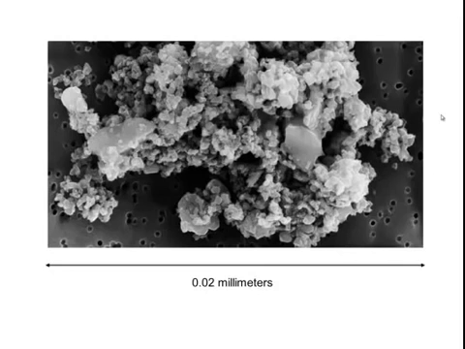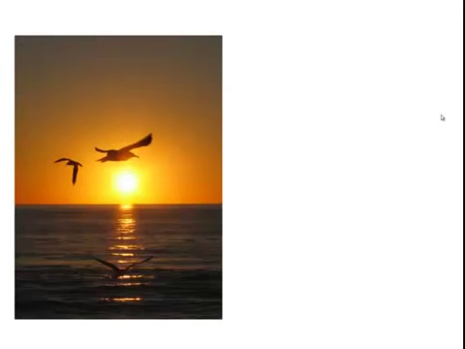Dust particles like this exist here on Earth as well. It's not like the dust bunnies in the corner of a house, but they exist in our atmosphere. And what's interesting is this dust scatters light, but in an interesting way. It scatters blue light much more than it scatters red light. Take this picture of the sun, for example, which I happened to take. I think it's a pretty picture. Here at sunset, the sun looks really yellow and reddish. The idea is that the blue light that normally comes with the sunlight is being scattered away. The dust particles in our atmosphere tend to scatter the blue light the most.